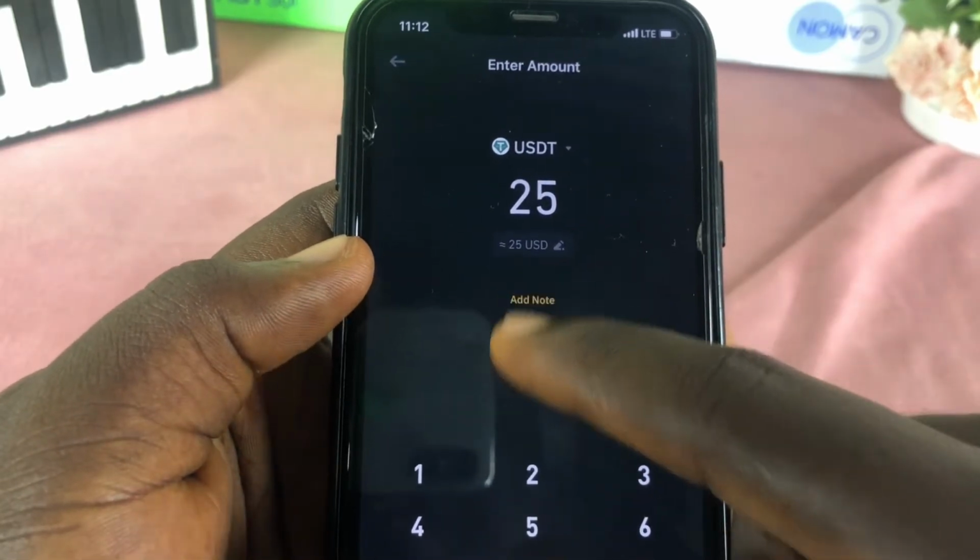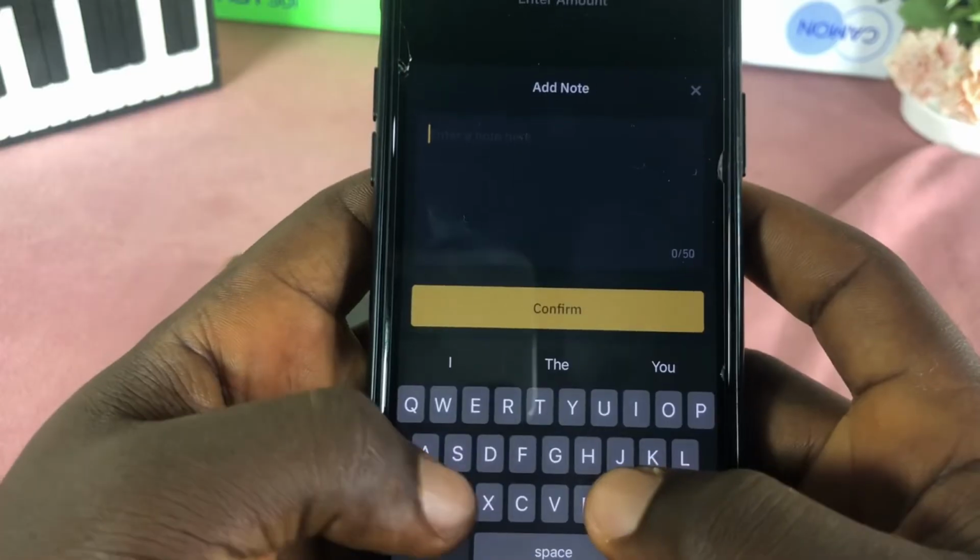Okay, and then you can just add a note. Okay, yeah, something like, please